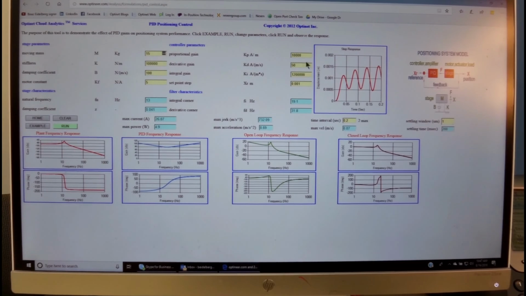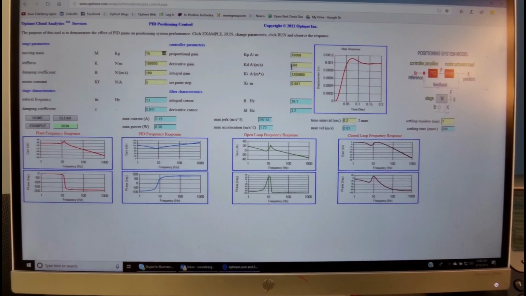We can also try to affect the performance by changing the derivative gain. We can make it, for example, 500, and see what effect this has on the system. We can run it, and typically the advantage of this system is that if we have any problems in changing the mechanical specification of the system, we can affect it by changing the PID parameters and try to improve this system.